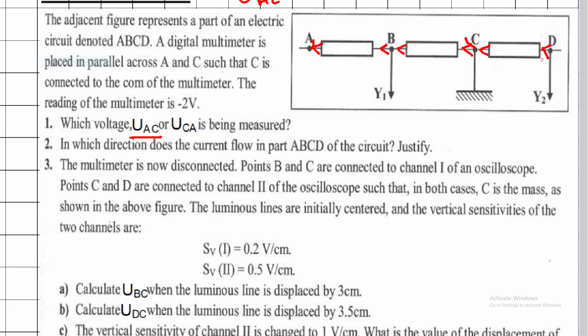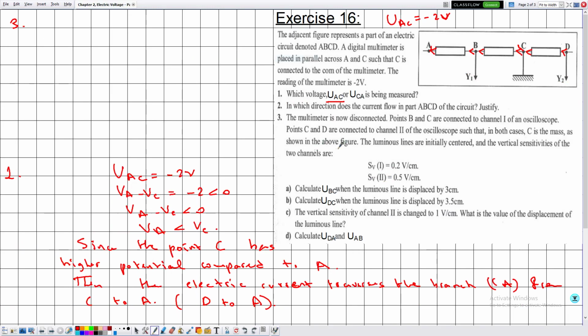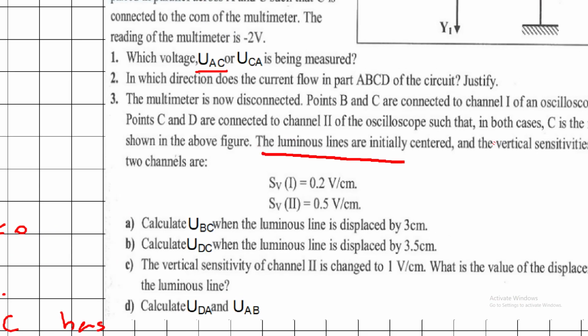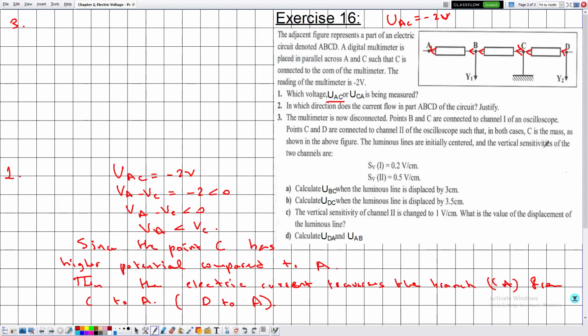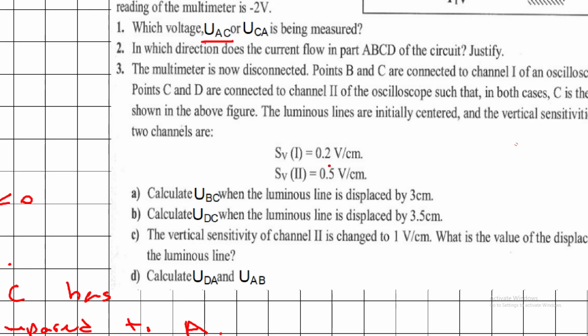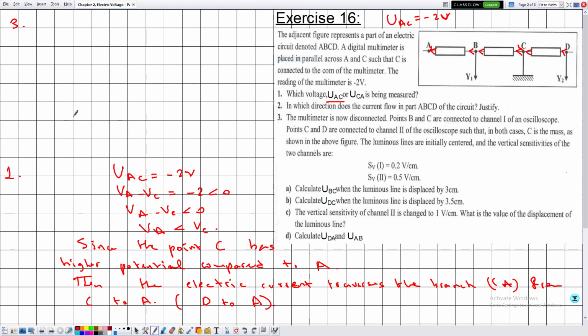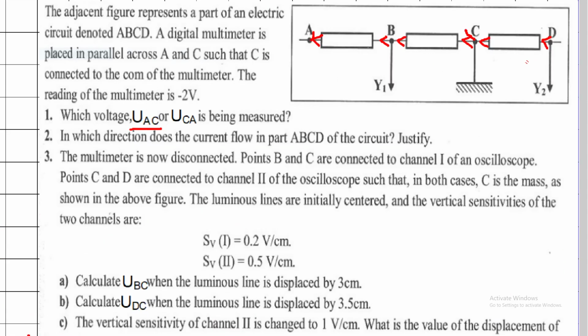So here we have one oscilloscope having a common mass, but two channels Y1, Y2 of respective vertical sensitivities SV1 and SV2. Shown in the above figure, the luminous lines are initially centered, so this is important for the reading to be accurate and correct, and the vertical sensitivities of the two channels are given by these. Notice that because the unit of the sensitivity is volts per centimeter, then the unit of Y will be expressed in centimeters. So in this case, they are telling me to calculate UBC when the luminous line is displaced